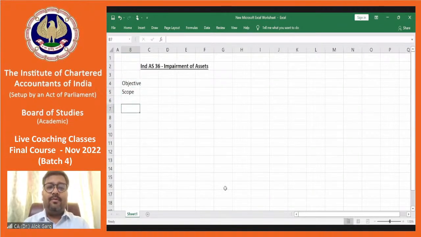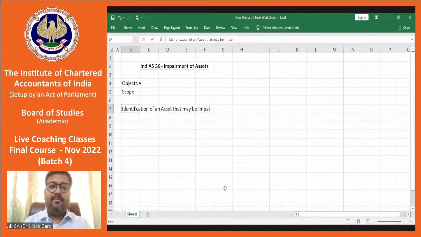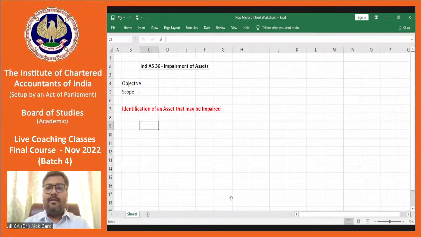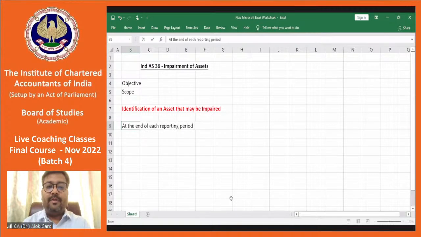Now we are talking about identification of an asset that may be impaired, right? So the standard says that at the end of each reporting period, for example year end, each reporting period,